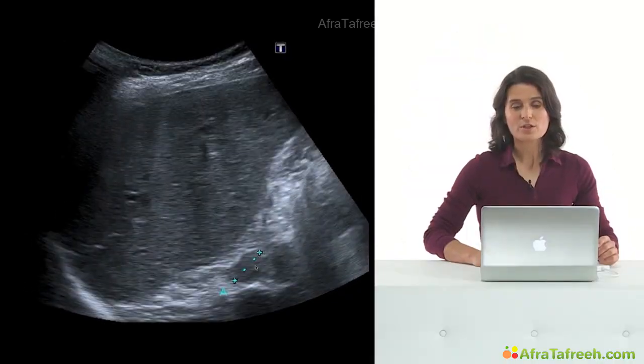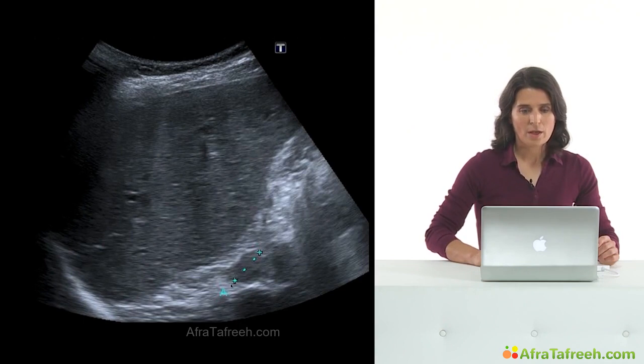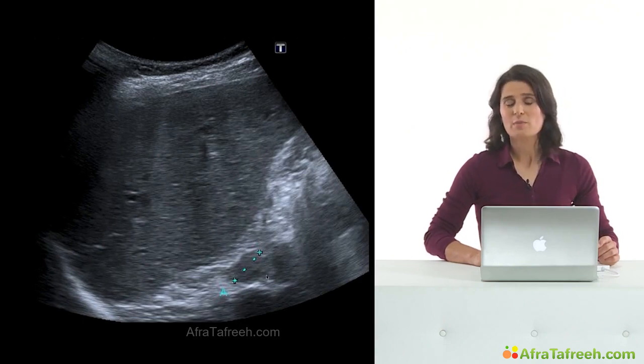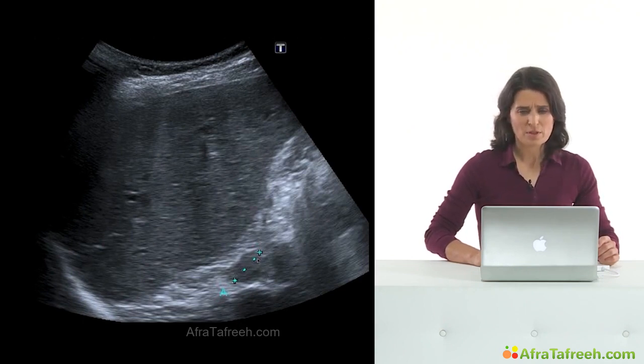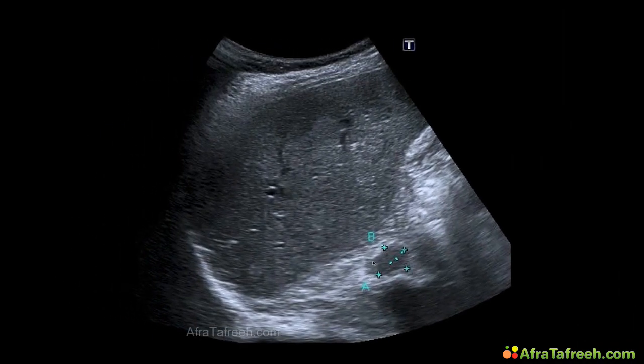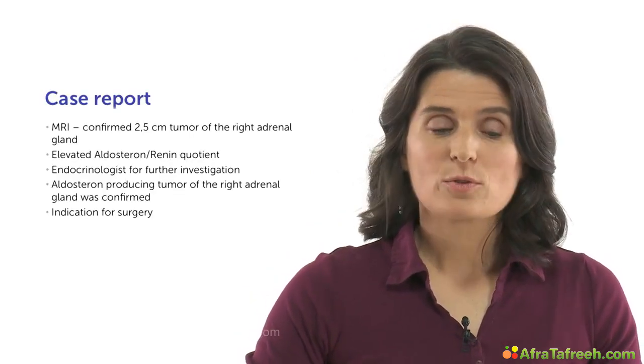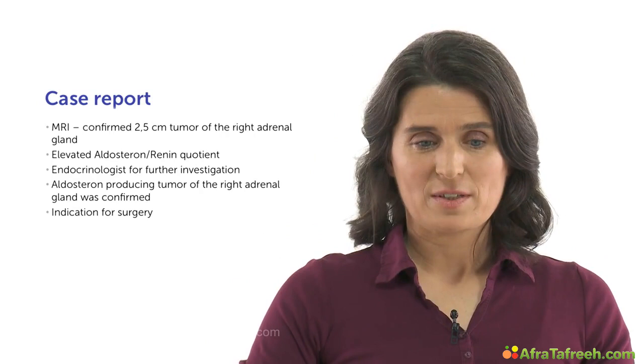Here we got a picture. Again, the right liver lobe, this small object over here. And it's about 2 centimeters. I think it was 1.8 centimeters. The structure in the area of the right adrenal gland. Here again, the measurements. So, of course, we carried out an MRI, and this confirmed a 2.5 centimeter tumor of